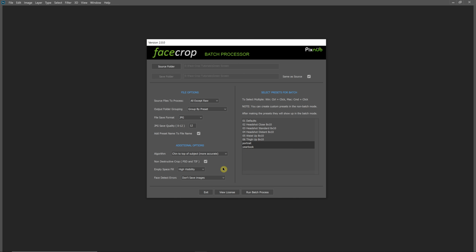And if it's set to transparency or white, when you're viewing that image in Windows Explorer or on your Mac in Finder, that's going to be against white, and that empty space, you're not going to be able to see if there's empty space in there. But when you go to print, it'll print that white space out. So in order to prevent that from happening, this high visibility puts a bright pink in there, so if you're scanning through your folder, you can easily see images that have empty space in there where the crop was wider